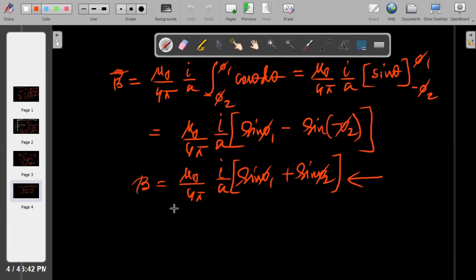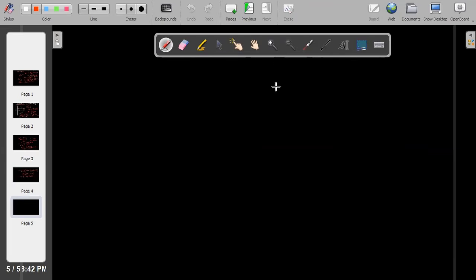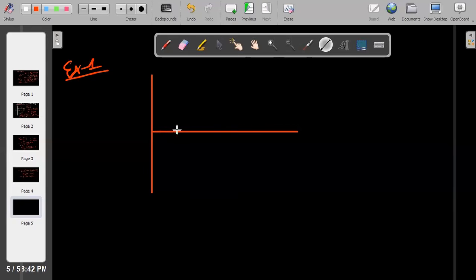So from there, some problems I will solve now. Very easy problems. One by one, we will do. First example, let's say some exercise. I'm giving exercise 1. Let's say the wire is there. The length is given. If this type of problem comes in the question, how to solve, right? This is small a. From there, you can easily solve if you understood the previous problem. This I,